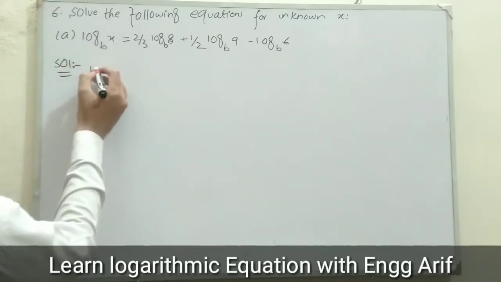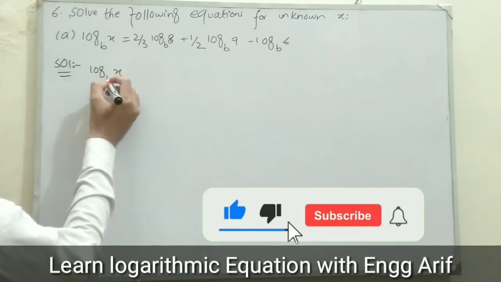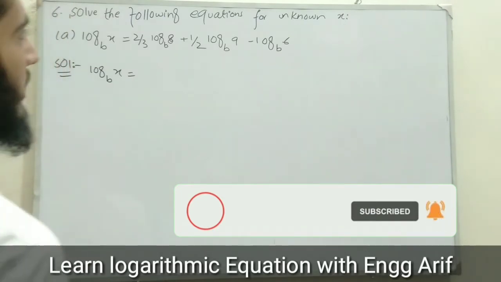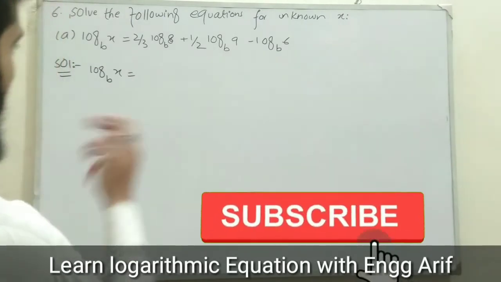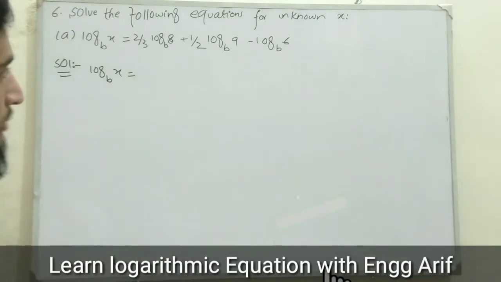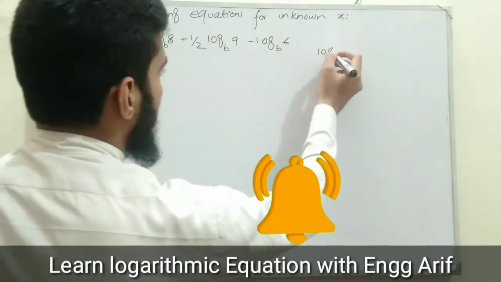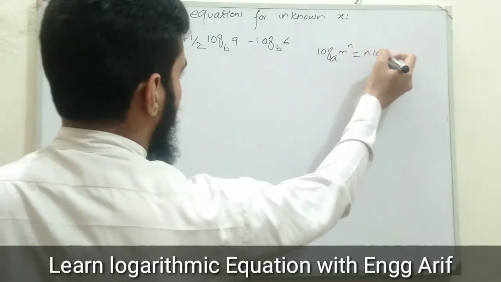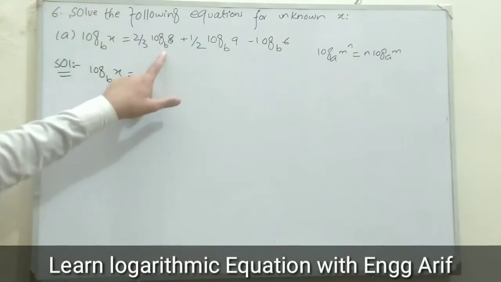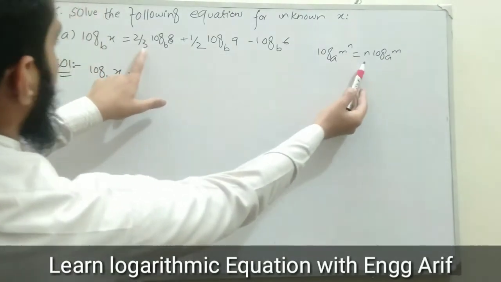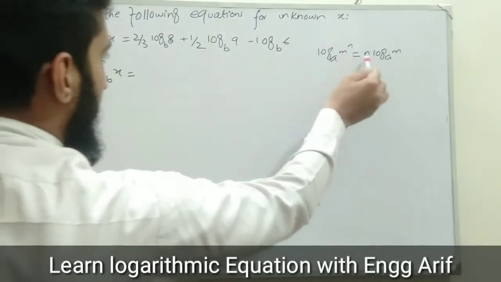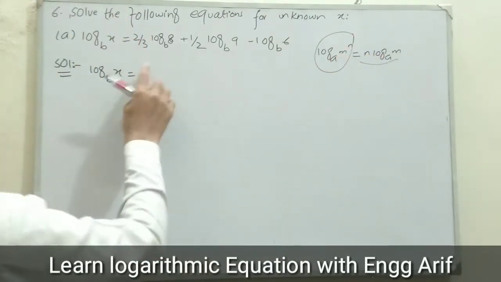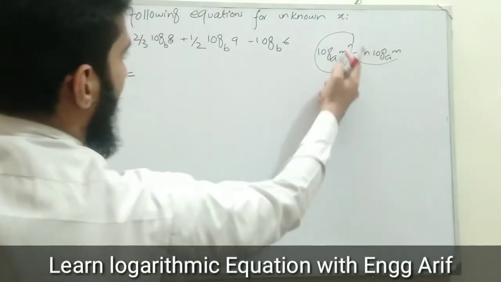Log of x to the base b will come down the same, is equal to, and after this I am going to solve this question just like this. We have a formula that log of a power m, power n, is always equal to n log of a power m. So here we have a power m, and n is in front of log. So we equalize n log a^m with log a power m power n. It means that n moves toward the power of m.